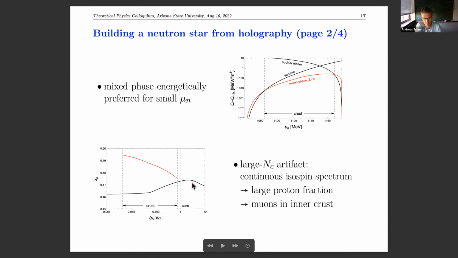What is probably a caveat is these numbers are very high. You see this never goes below 45% protons, whereas in nuclear matter models, we are more like in the 10% regime, and this goes up. This can go up to 40% or something in the core, but we never go down. We understand why this happens. It's not easy to fix, but that's one artifact we have. Large proton fraction. Another way of saying this, for the nuclear physicists in the audience, is an extremely large symmetry energy. So it costs a lot of energy to go away from the symmetric nuclear matter. But we have to live with this for now.